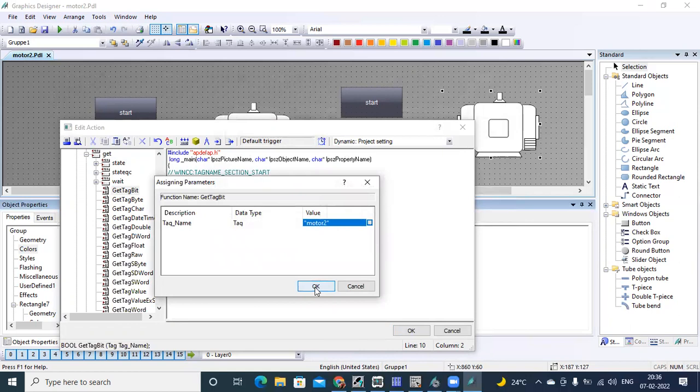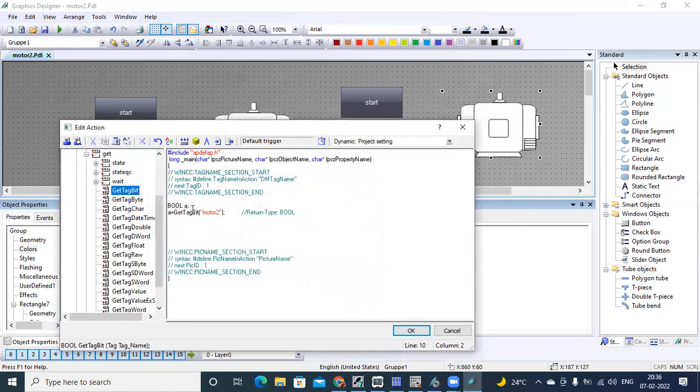Now, after getting the tag status of motor 2, what we need to do is compare A double equal to 1, meaning if motor status becomes 1 when you press start, then